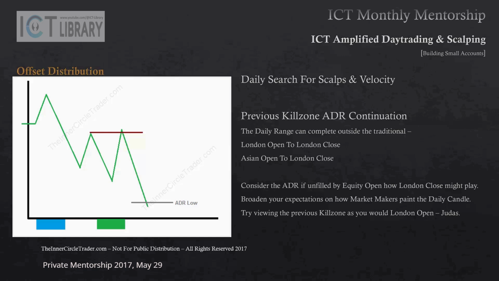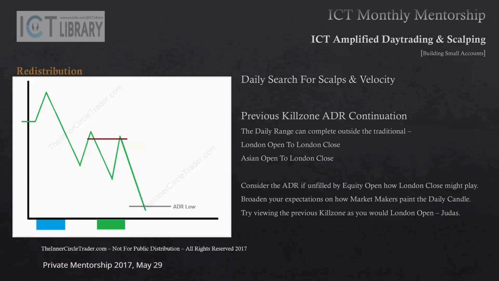You have Asia's Open, London Open, New York Open, London Close. Bond close ends the day, like you would normally expect for London close, cap the daily range. Bond close at 3 o'clock, that ends it. Why 3 o'clock? Because that takes into account the 2 o'clock effect when FOMC rate announcements or minutes come out, and that may be pushing price around until 3 o'clock when the bond market closes. And then redistribution at a fair value level. This would be an optimal trade entry, sell, or bearish order block, filling in a fair value gap, or liquidity void that would be seen as price rallies up.